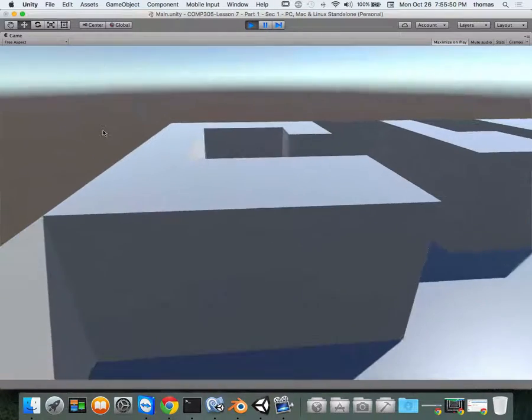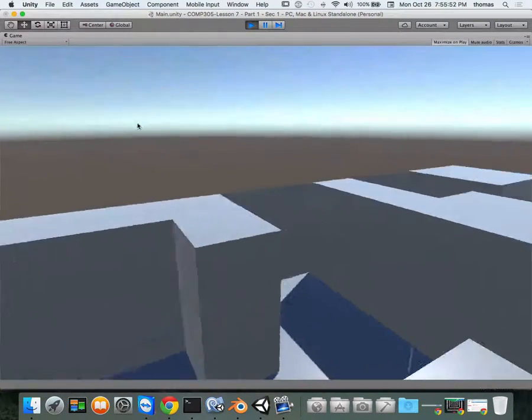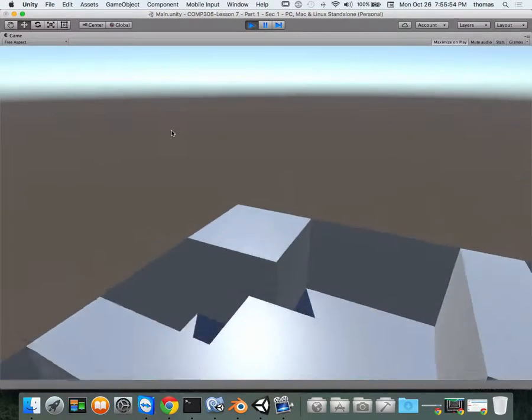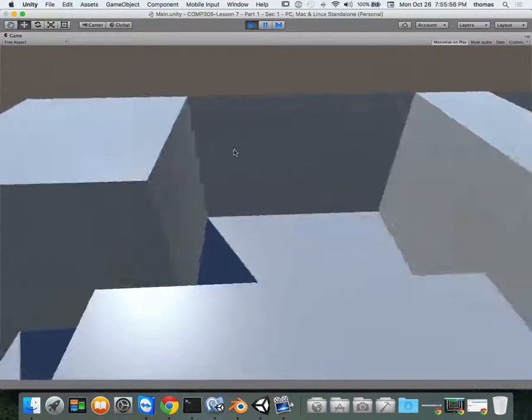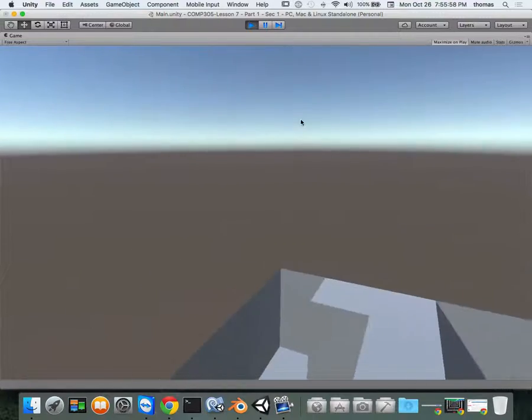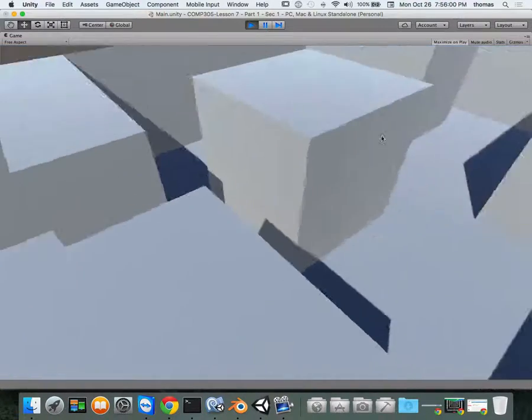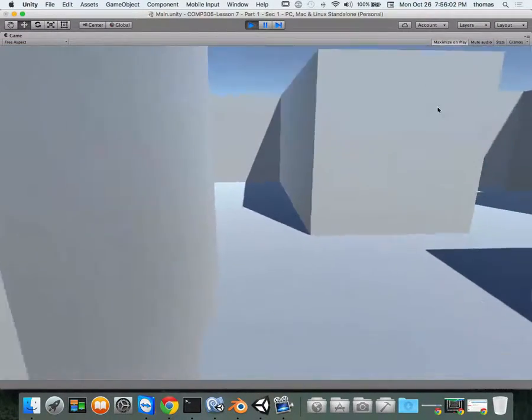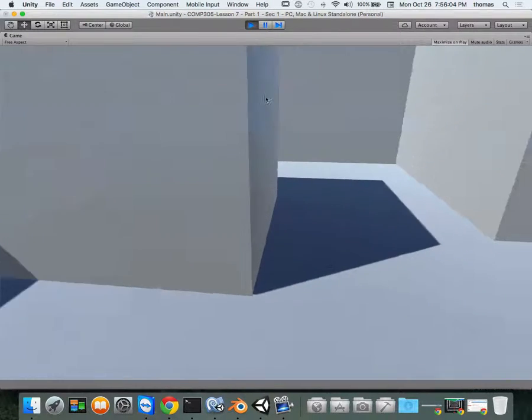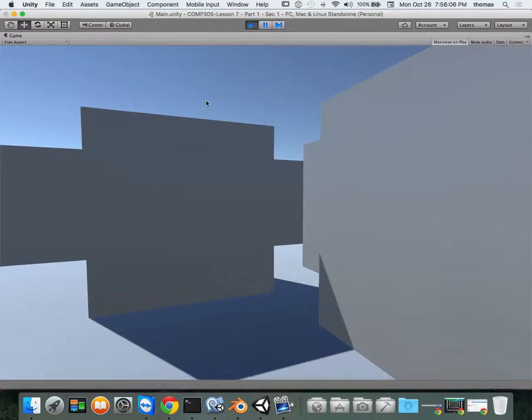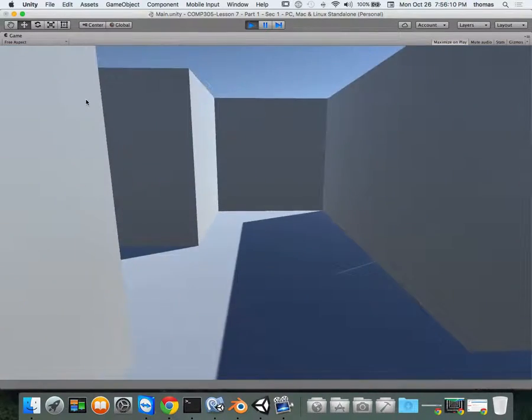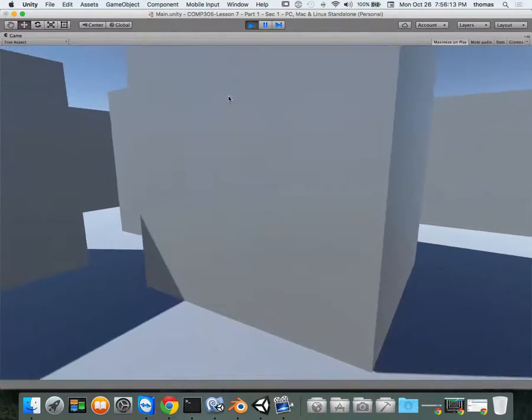Woohoo! I can be on the top of my maze and I can jump across. Woo! There we go, and jump again. All right, that's very cool. Let's do it one more time. Right, I'm a Superman because I can jump way up high. Literally, I can jump up 3 meters. That's crazy, right? But one thing is the mouse look is included, so that's one of the scripts that they've